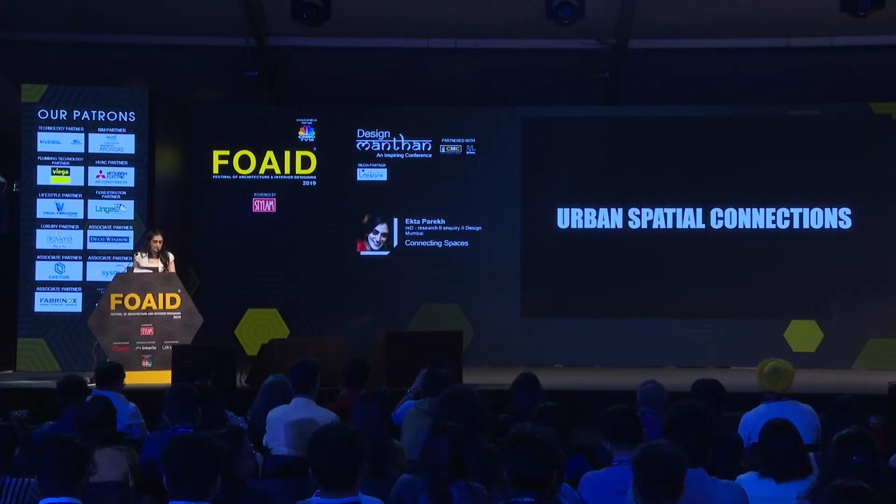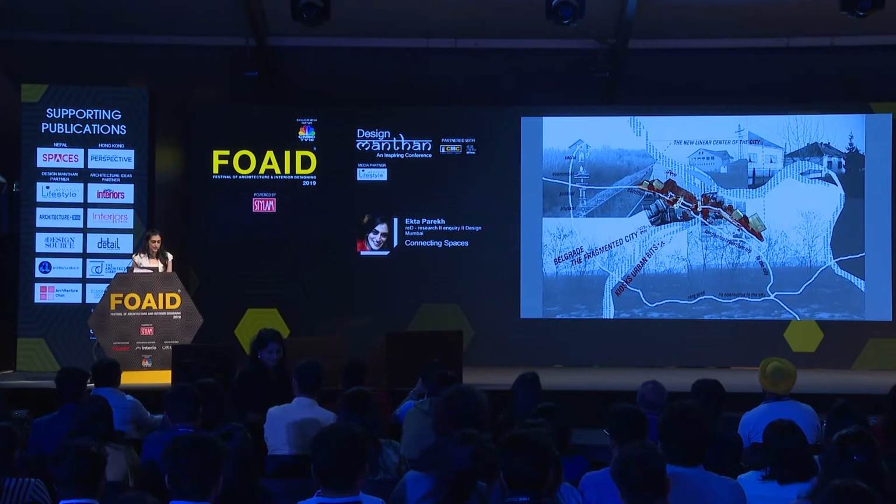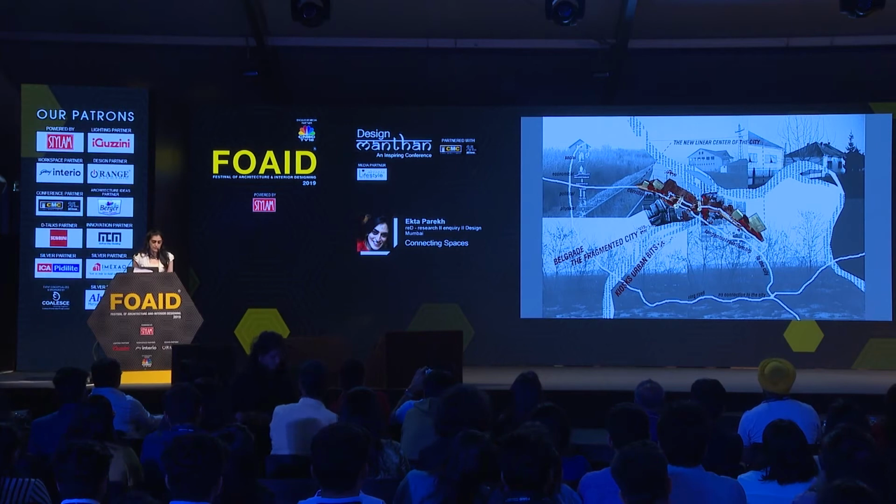At an urban level, I would like to walk you through a research project we did in collaboration with Columbia University. It was about revitalizing 3 varied neighborhoods in Belgrade to enhance spatial connections. Belgrade at the time was fractured at various levels: social, physical, economical, and political. However, amidst all this fragmentation, and as a reaction of the common man to it, there was an emergent uniqueness that had evolved a defense mechanism.